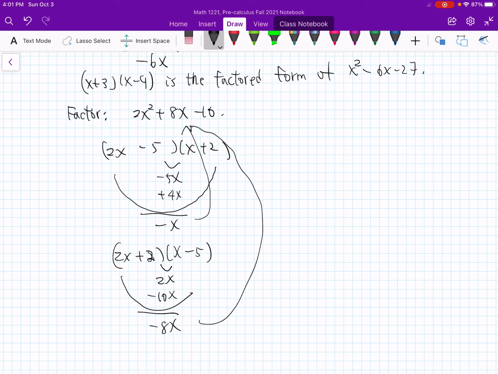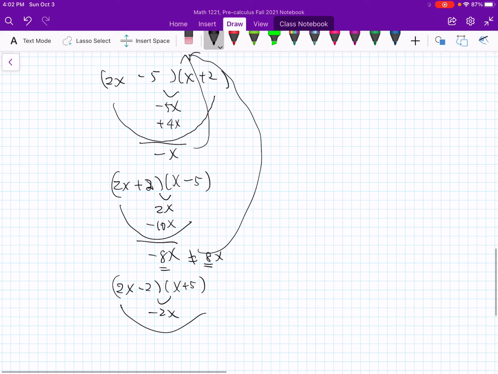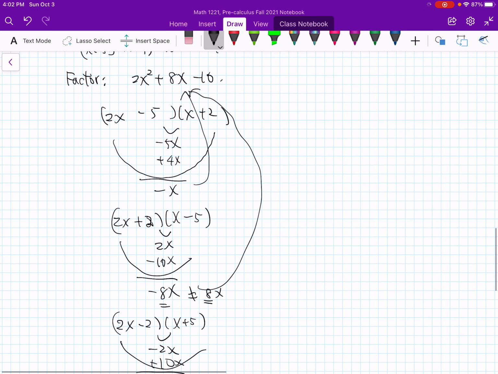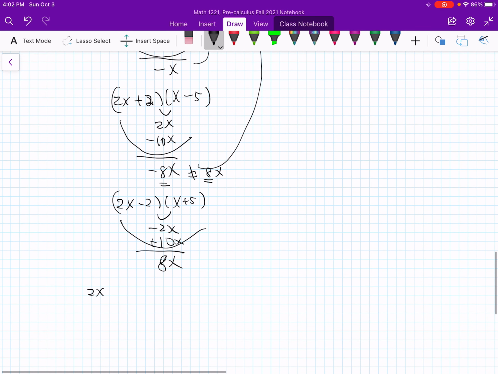Here, it is not equal to 8x. However, they have the same quantity. So remember what we just said a while ago? Reverse the sign. So try 2x minus 2 and x plus 5. Now you have -2x plus 10x, which is 8x, and that's exactly what this is. So we can say (2x minus 2)(x plus 5) is the factor form